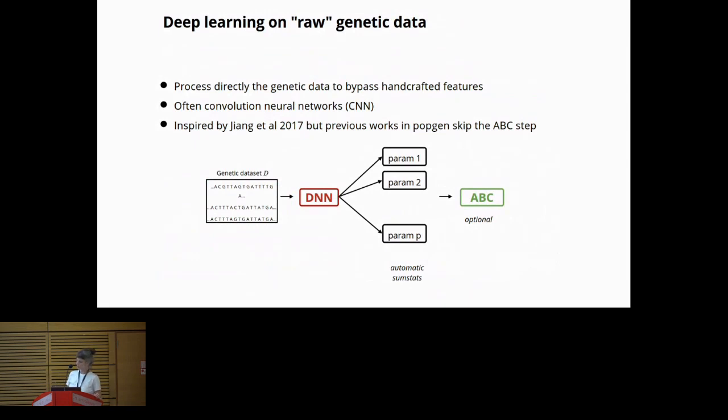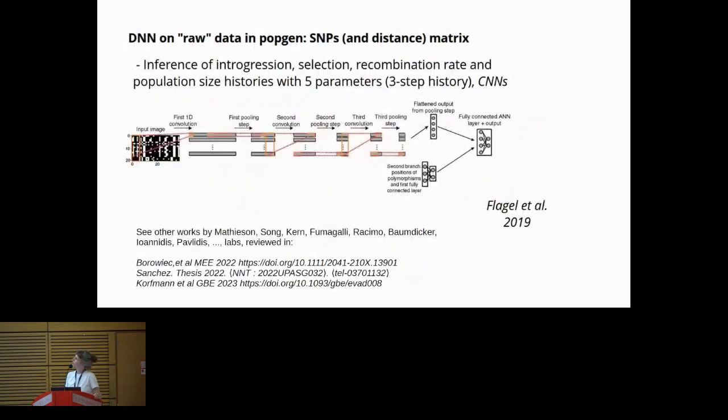Okay, but as you've seen, it's still a bit biased because you need to know the summary statistics. So this in machine learning would be called expert features or encrypted features. And so for this reason, the question was, could you use a neural network directly on the original data set to compute the features for you automatically? Okay. So the goal still is the same, inferring parameters, and you can still add an ABC step afterwards to get the posterior. Okay. And so, it's quite recent.